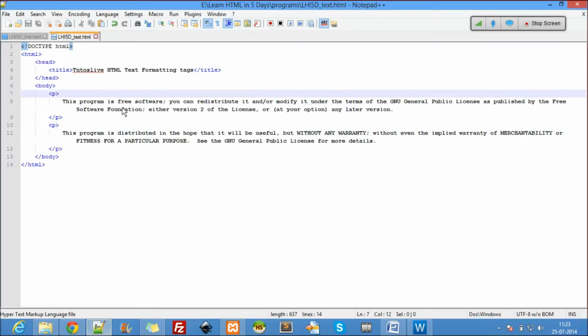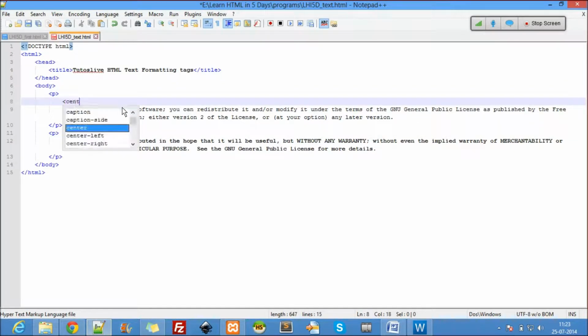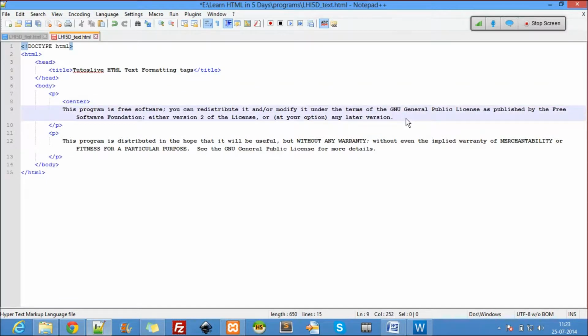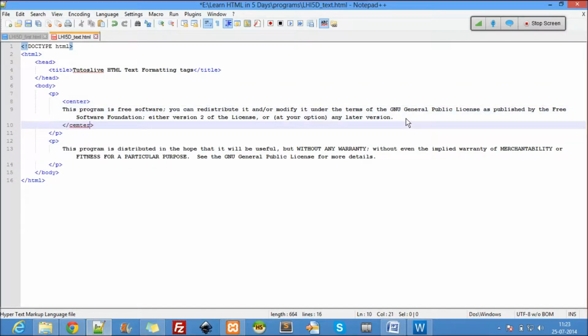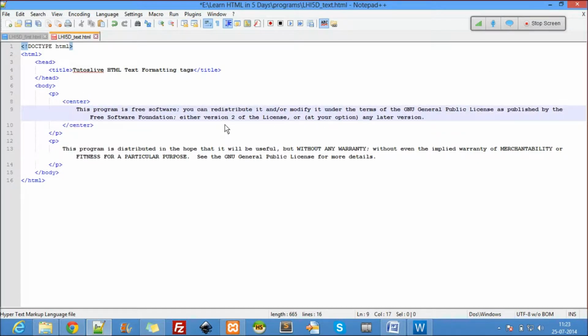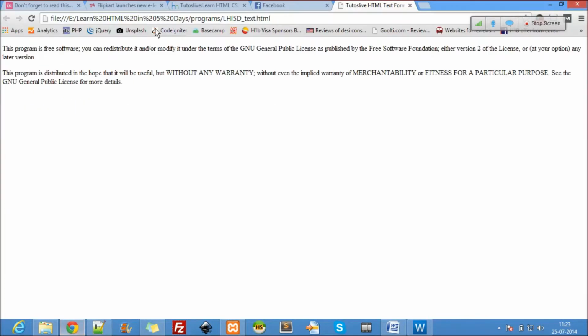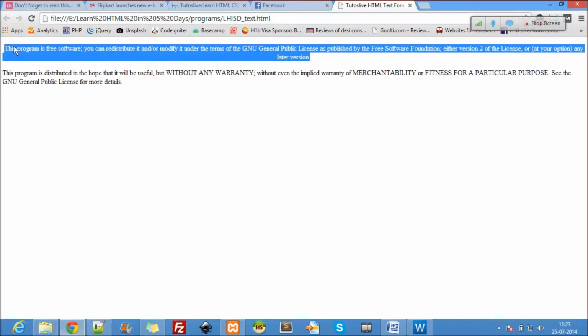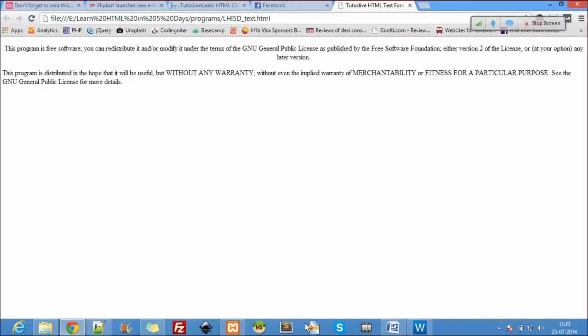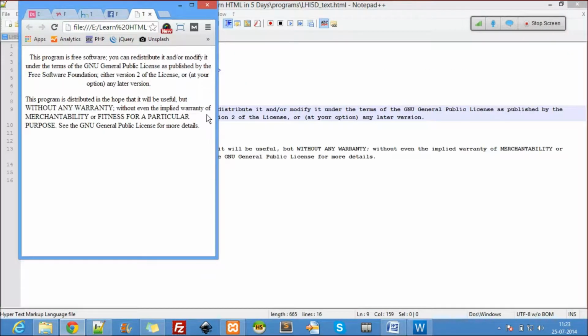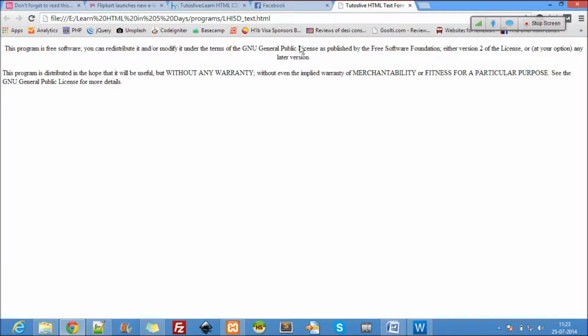So here I'll use center. Okay, so I center. So let's see what center actually does. You can see here it is aligned to the center. It has been aligned to the center. If I minimize that, you'll get to know that this has been aligned to the center.